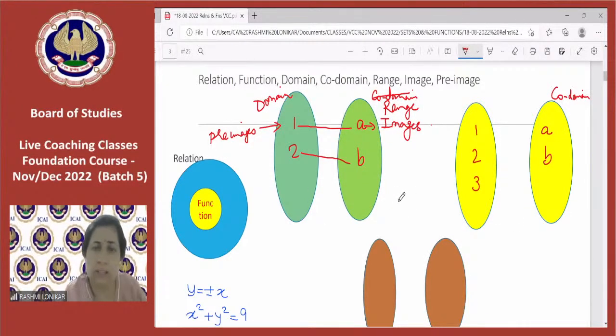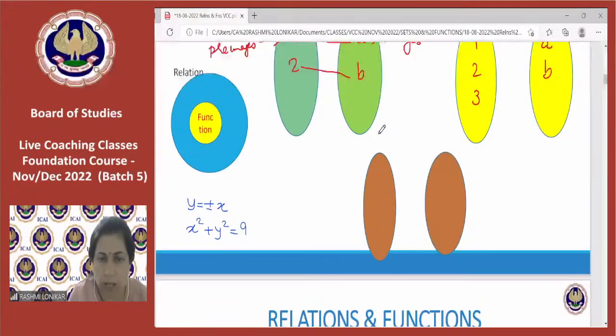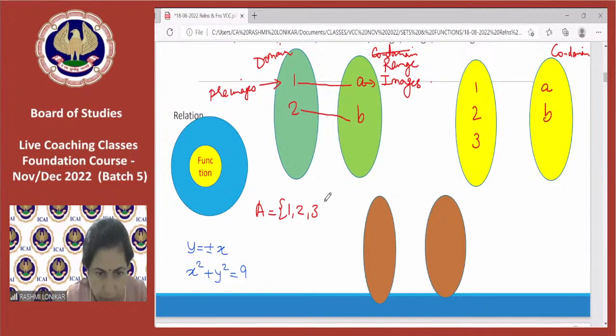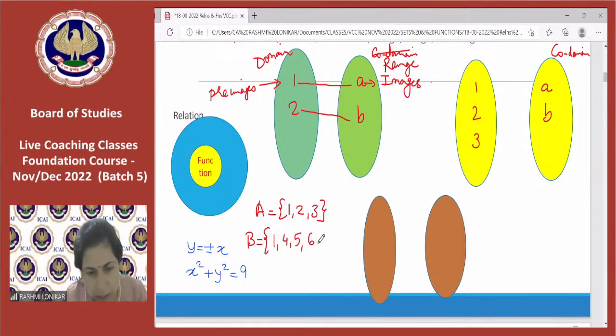This is the case where we have both the elements here. But suppose I may have this, then I will write them as codomain, and I will be able to write it as range when they are the same. If from B I'm selecting something which satisfies the condition, then I say that it is the range. Suppose A is equal to 1, 2, 3, and B consists of 1, 4, 5, 6, and 9. And if the function is y is equal to x square,